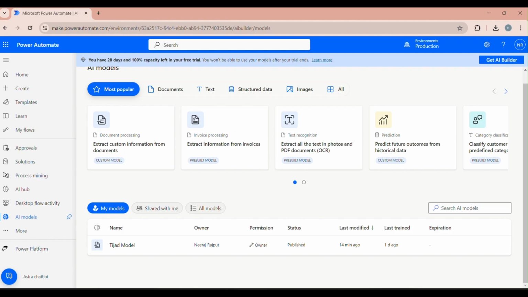Okay, so let's get started in Power Automate. First, you have to choose whether your data is structured data or unstructured data, or whether you have to extract information from the invoice, etc. Right, so I have created my own custom model,